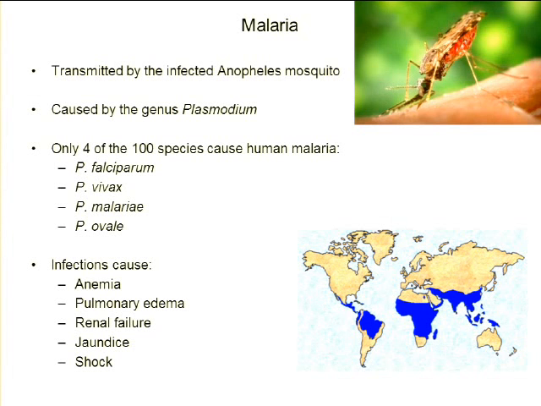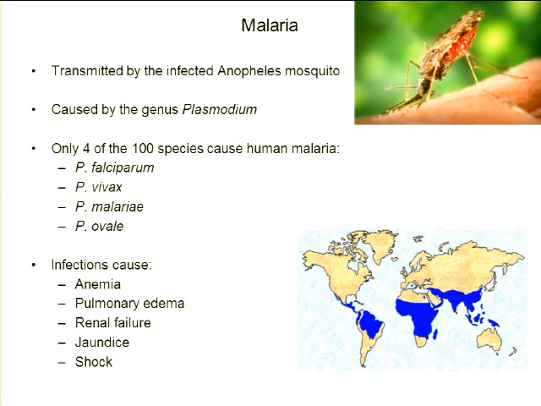As well as vomiting. The 2 classical symptoms are anemia and a cyclic fever that occurs every 2 to 3 days. Okay? The classical hallmark symptoms: anemia and a cyclic fever that occurs every 2 to 3 days. And I'm going to talk to you in depth about the malarial life cycle so you can see exactly how that occurs.